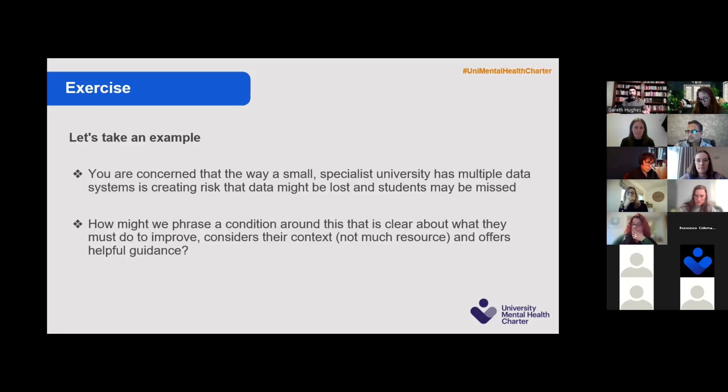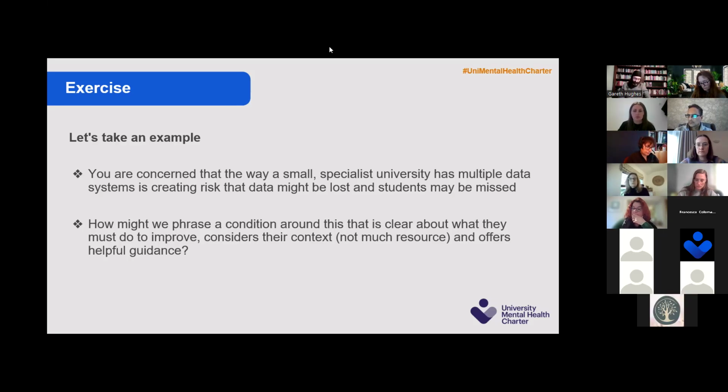Okay, so that description, I think, is absolutely right. It's just that thing about being really specific about what is the risk we're seeing? Why do we think this is a problem? Why is it such a risk that we would actually want to set a condition around all of that? And then some guidance around, the university should take some steps to address, mitigate risks immediately, as well as doing the long-term work that they're thinking about.